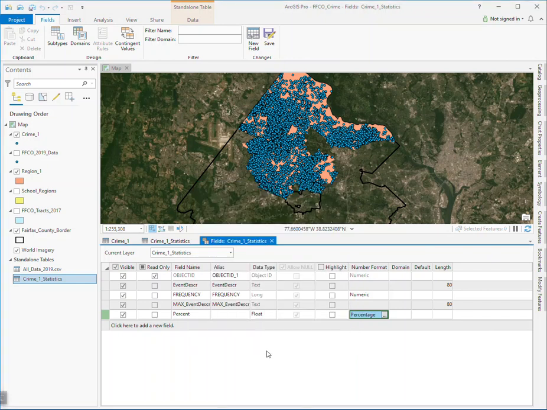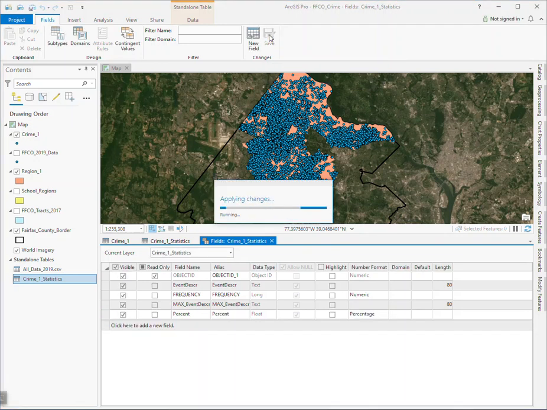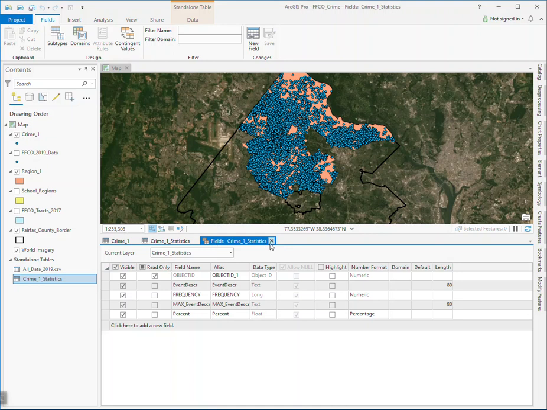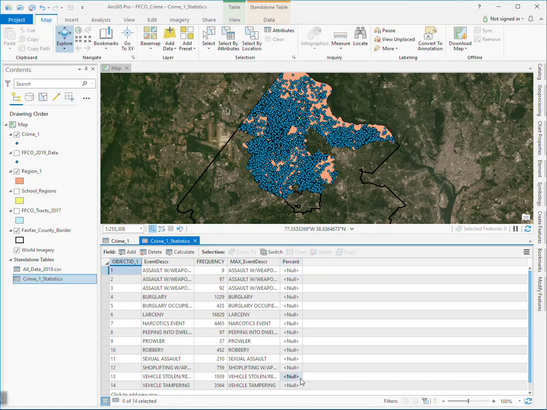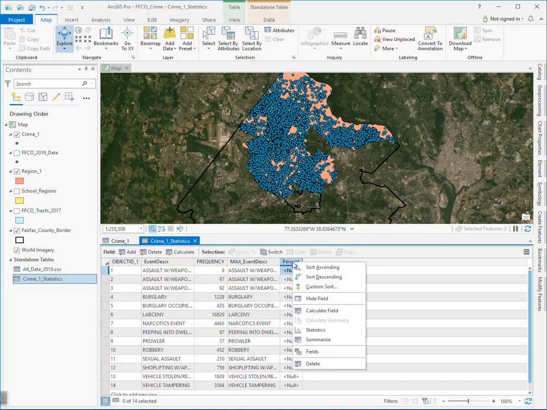The only thing that you have to remember to do is to go up to the top and save it, because this will not become part of the table unless we make it final. So now if we close the fields table, which is just used for making new fields, you have a percent field here. Okay. Now to complete this one, and there was an error in the instructions, in step 8 it should be right click percent calculate field. So what we're going to do here is right click on percent and calculate field,